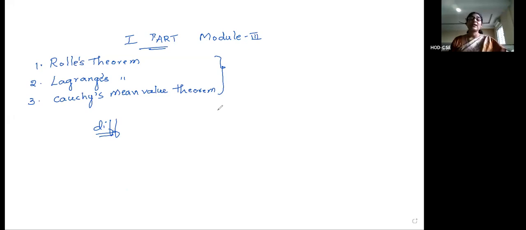Let us suppose that f(x) is equal to some function where it is not differentiable, say root x, for all x belonging to some open interval, let us take from -1 to 1. I am taking an example of f(x) = root x for all x belonging to -1 to 1,